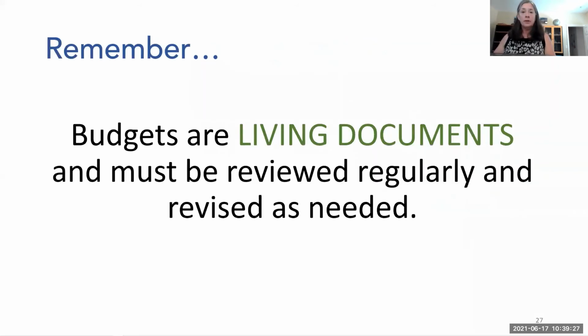And then remember, a budget is a living document. It will change throughout the year. It is expected, and it means that your PTA is managing your finances well. You don't just set it in August or September and not ever check in. You need to make sure you are staying on the path that you've planned, or change the plan.